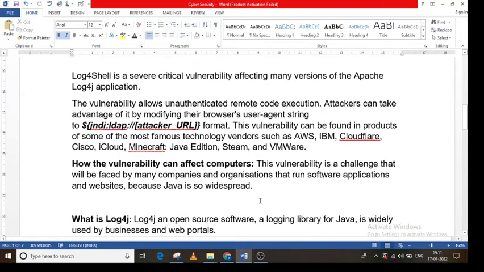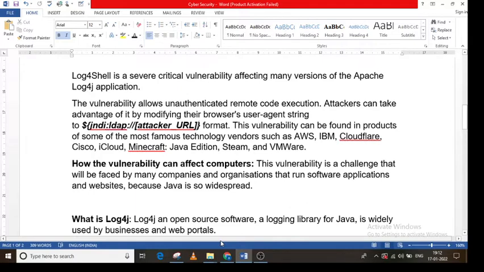So how can this vulnerability affect computers? This vulnerability is a challenge that will be faced by many companies and organizations that run software applications and websites based on the Java programming language. What is Log4j, basically? Log4j is an open source logging library for Java. It is widely used by businesses and web portals.